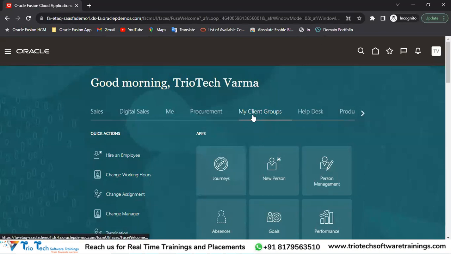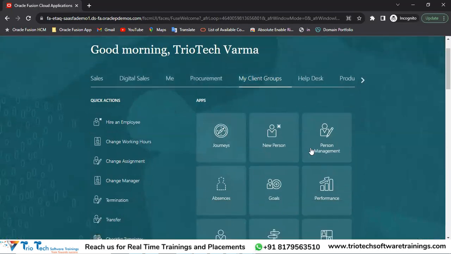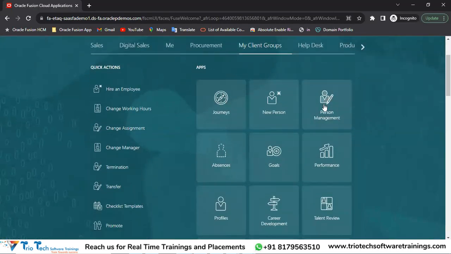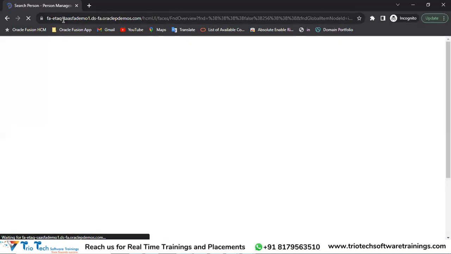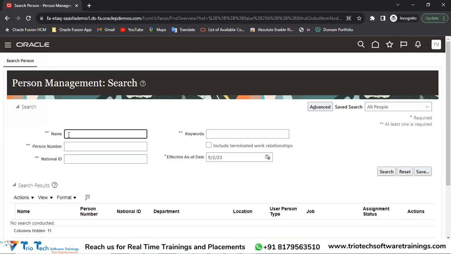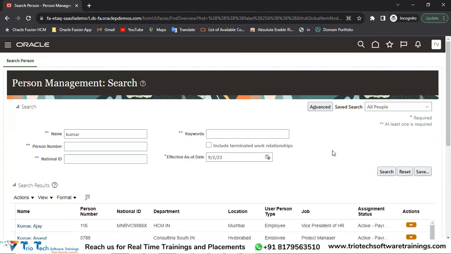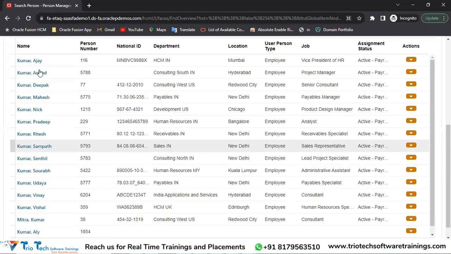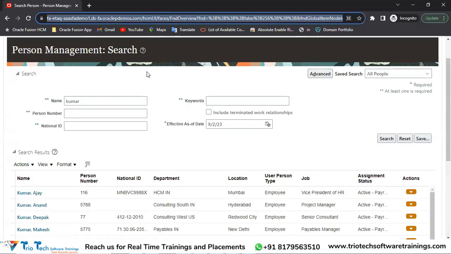You will come to know once we complete the core HR module. Once HR comes to my client group, there is something called the person management team, where they are able to access employees' data in the system. Now I logged in and I'm searching with the name Kumar, and I will give you a search. Okay. Now what happened, team, when I searched with the name Kumar, I was able to see in this application,